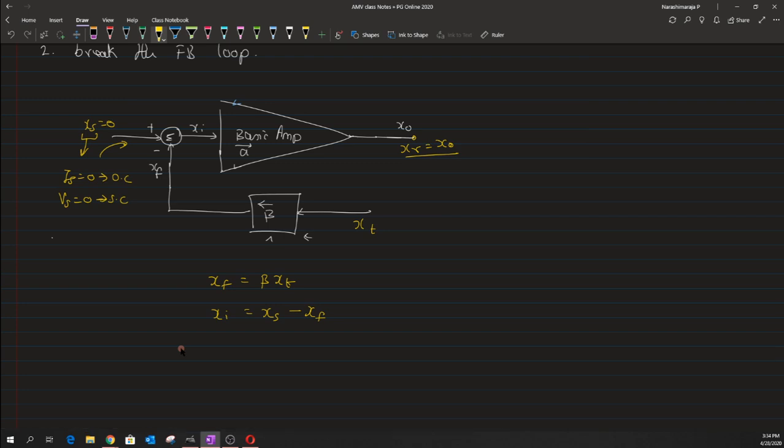And since we made this xs equal to 0, the input of xi can be written as minus beta times that of xt, and the xr, which is nothing but the return signal, or x naught, is returned as minus A beta times that of xt,